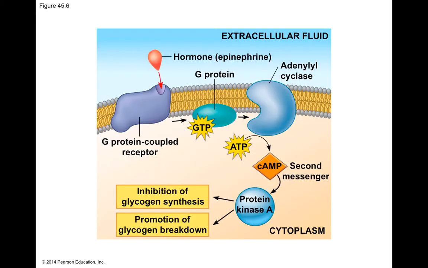A classic example of a pathway for a water-soluble hormone would be epinephrine. Since epinephrine is water-soluble, it needs to meet its receptor on the cell's surface. Binding of the hormone to the receptor sets off a signal transduction pathway. In this case, using a G protein coupled receptor and second messengers to get a response, which in this case is a breakdown of glycogen into glucose.